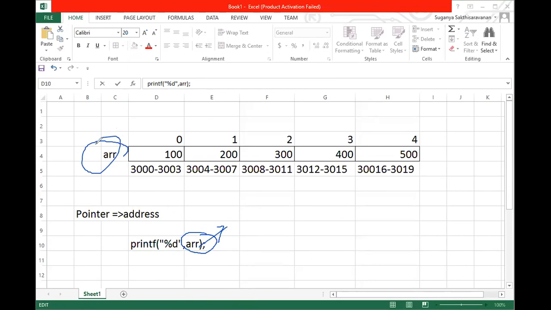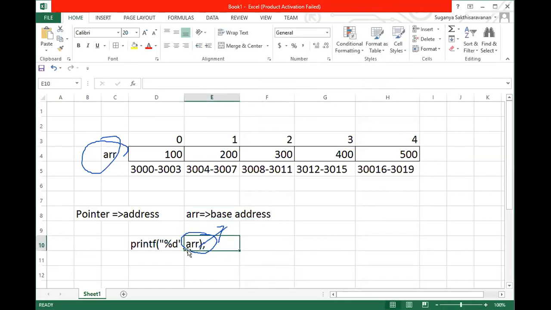Good. It doesn't point to the array. No, Surya, no. Others are right. What does arr point to? Good. arr points to the base address. The term we'll be using is base address. arr by default points to the base address. At a certain point we are supposed to give the technical terms, guys. So arr points to the base address.